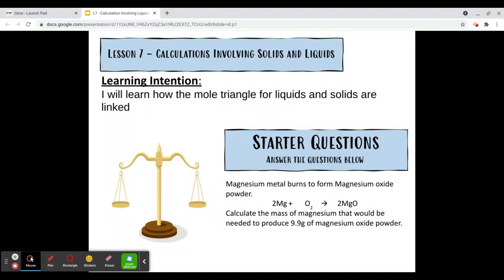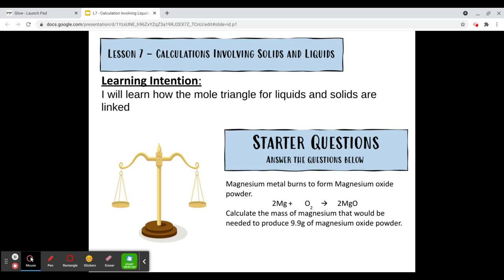Hello and welcome to today's video, which is lesson 7 of the calculations, mole and calculations topic of the National 5 chemistry course. This video is calculations involving solids and liquids. So we've already looked at the triangle for solids, we've looked at the triangles for liquids. Today what we're going to do is combine both triangles and see if we can figure out